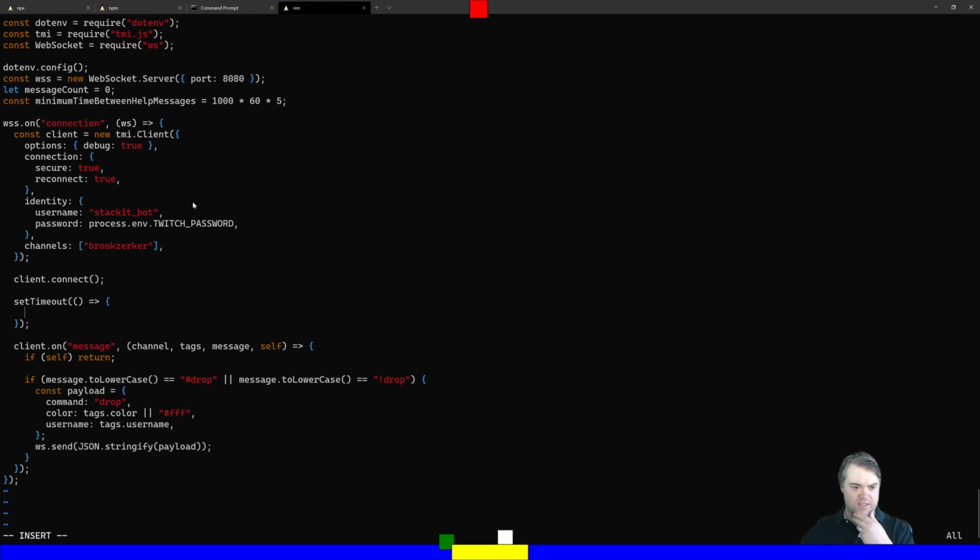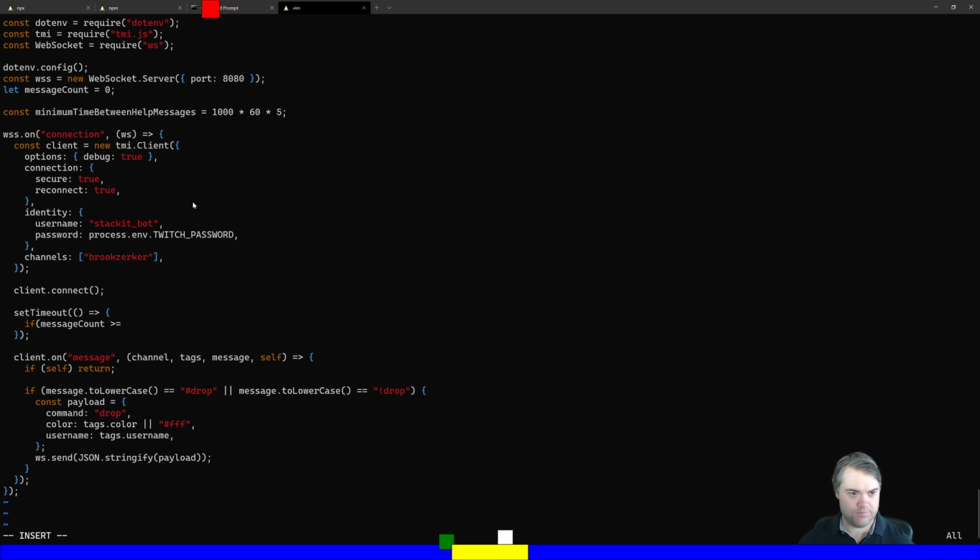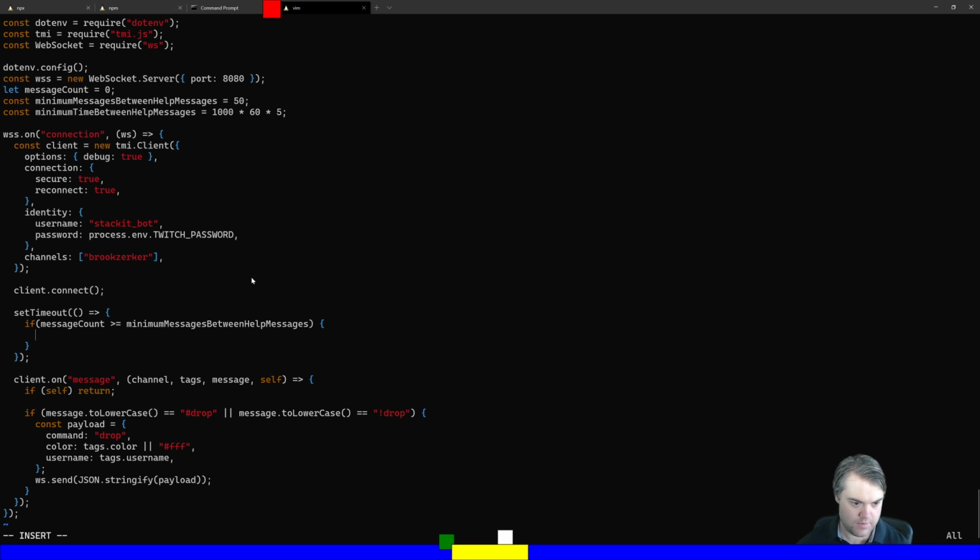Inside our brackets here, we're going to want to now check to see how many messages we've received. So if message count is greater than or equal to, let's actually make this some kind of variable too. So const minimum messages between help messages equals, let's do 50. Okay, so if the message count is greater than or equal to minimum help messages, okay, then